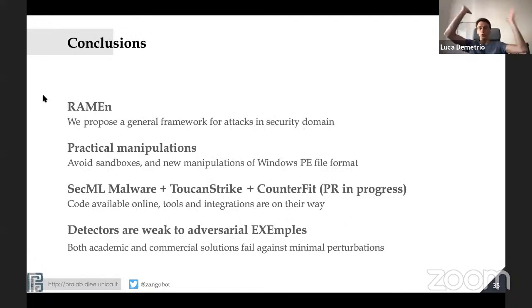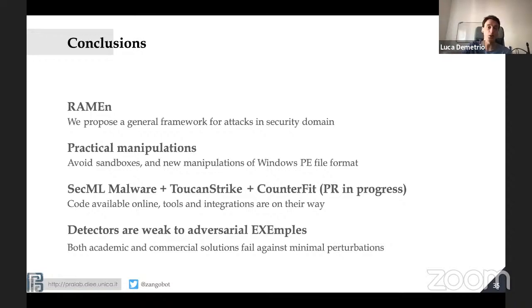Okay, to conclude, we propose this general framework called RAMEN that is useful and is basically focused on targeting and generating attacks on the security domain. Then I showed you the concept of practical manipulations that are used to avoid the usage of sandboxes, and how you can manipulate the Windows PE file format, which is basically a gold mine of things that you can try, because there are a lot of things that you can do with the format and exploit the format itself.